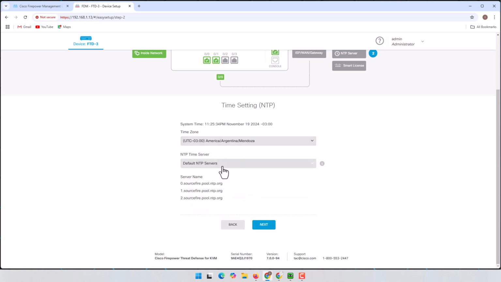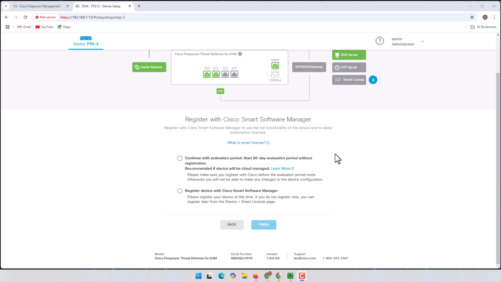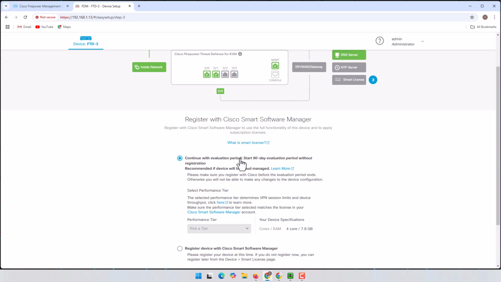Let's select this, and the default NTP server is okay. Next. On the next page you can see information about the licenses, if you want to register for Cisco Smart Licensing. If you have a license, it's a good idea to do that, but we don't have any license, and I just want to select the 90 days